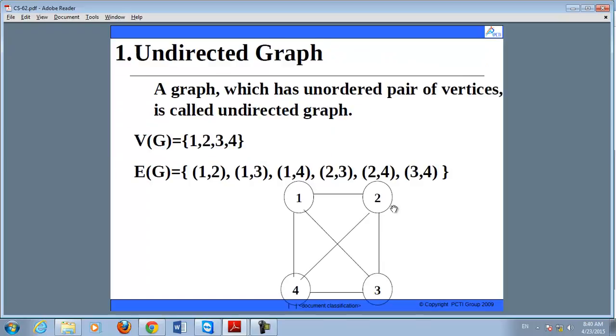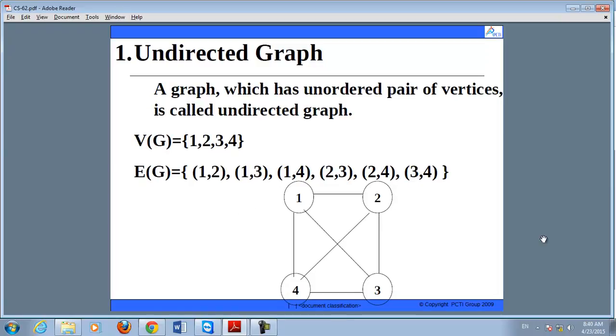In undirected graph, there is no direction given with the arcs or with the edges. Means in this you can go from 1 to 2 and from 2 to 1 also. Similarly from 2 to 3 and 3 to 2 also. Means there is no direction given with the arcs or with the edges.